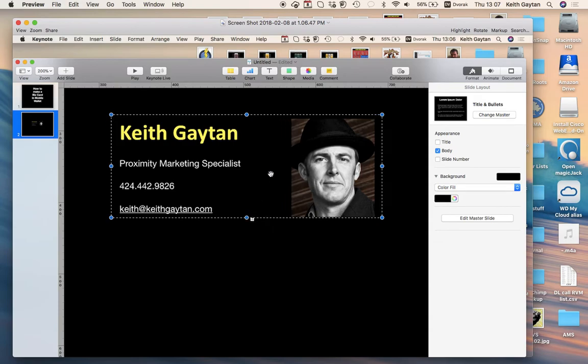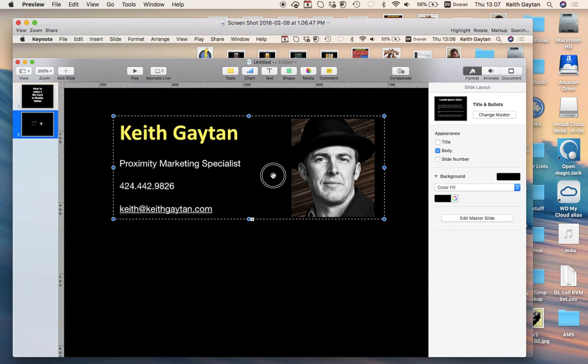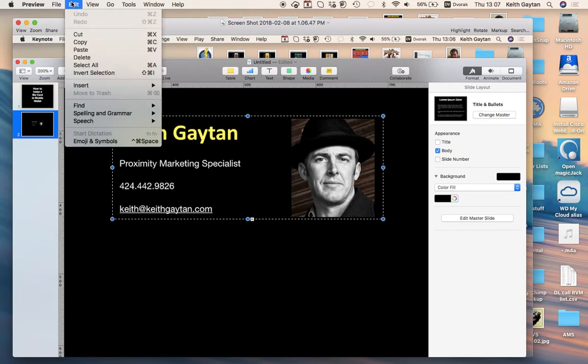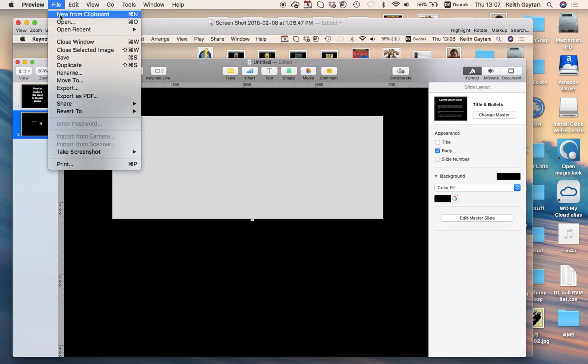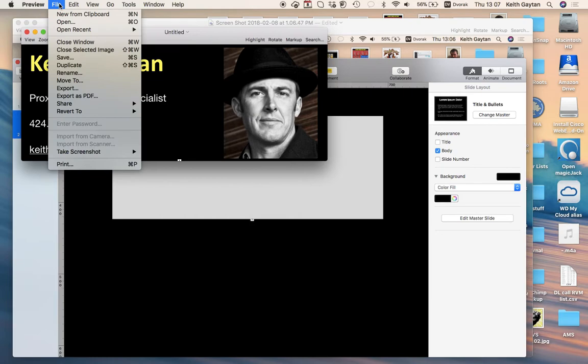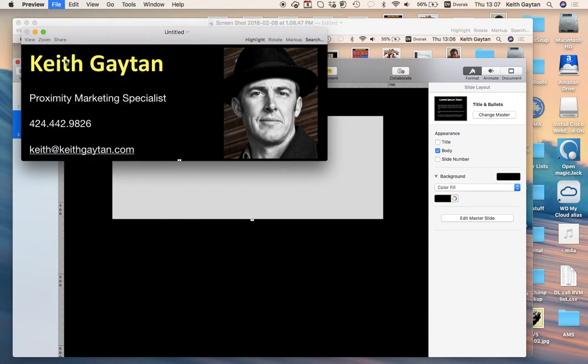And I know that that is going to cut it just right. So now I can move this around, center it, play with it. All right, what I'm going to do now is I'm going to cut it, or you could copy it. Do from clipboard. I'm going to save it, save as